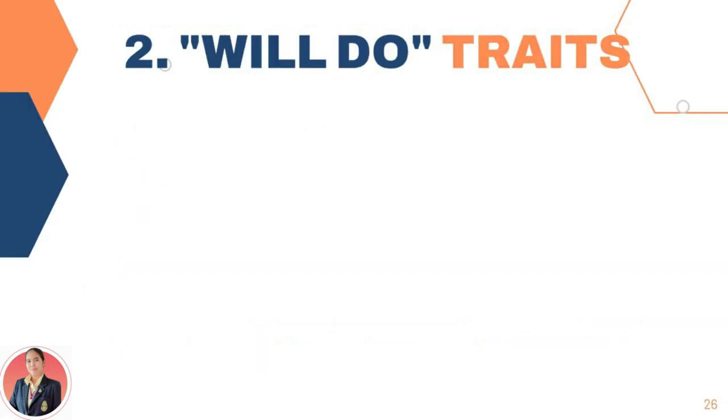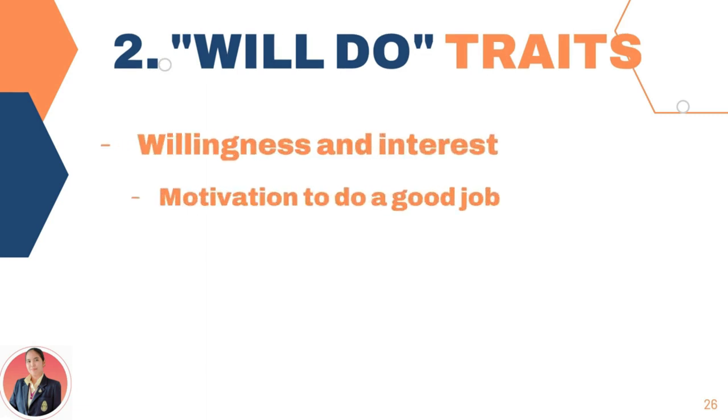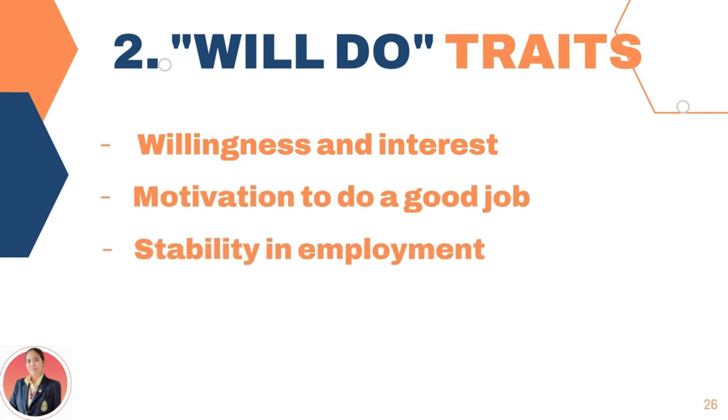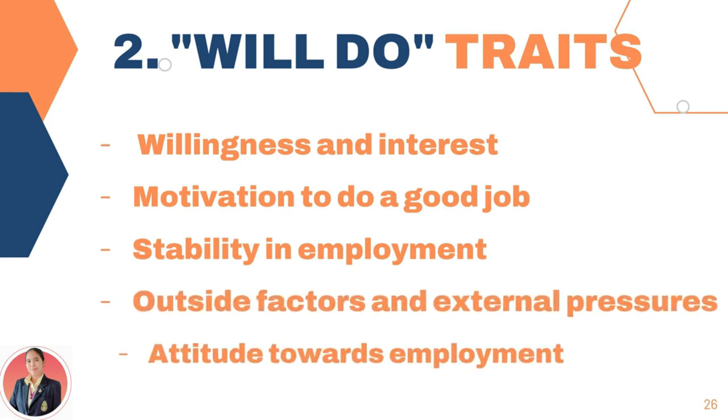Next is will-do traits. The applicant may be qualified for the job but consider his willingness and interest to do the duties and responsibilities of the job. The will-do traits include the following. Motivation to do a good job. What motivated him in seeking a job? Stability in employment with the agency, which may show by interest, ambition, the previous record of transfer from other firms, outside factors and external pressure affecting him in his family, problems of the job environment, and also the attitude towards employment, willing to accept duties other than